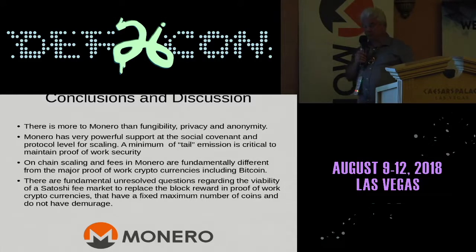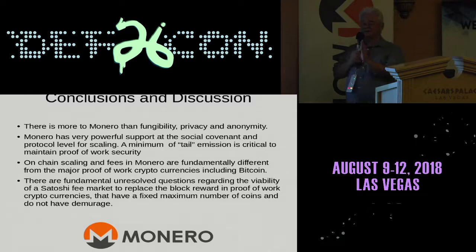fracture. So can you talk to how we might learn from what happened in Bitcoin, and if we ever encounter a similar problem in Monero, how it might be dealt with, as opposed to just ending up in a fork? My argument is that the fundamental problem with the social covenant in Bitcoin is a fundamental flaw in the scaling algorithm. So you have a flaw in a critical element of Bitcoin that leads to the conflict, and that leads to the breakdown that you're mentioning, and it's very real.